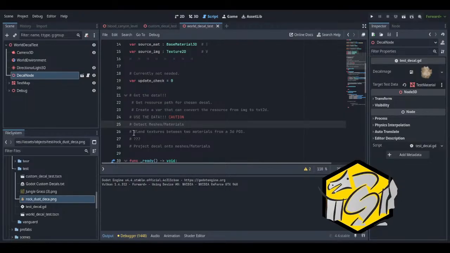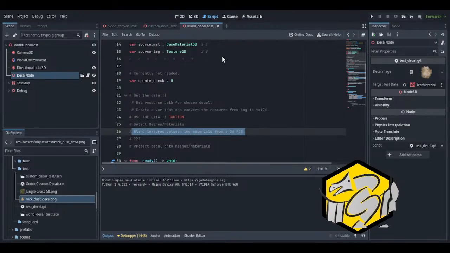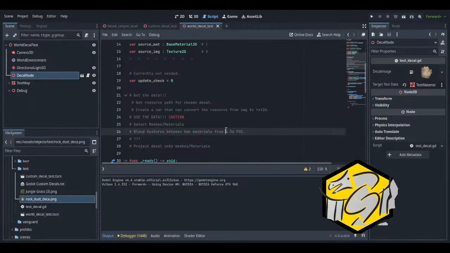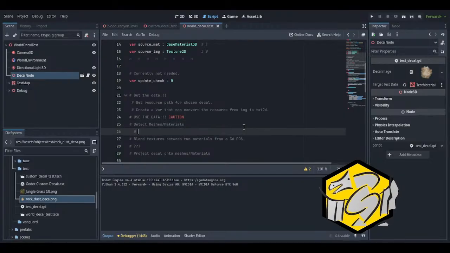So now we gotta blend the two textures, which means I need to convert. So before I can do that, get the data. Convert map texture to image, then blend both images.